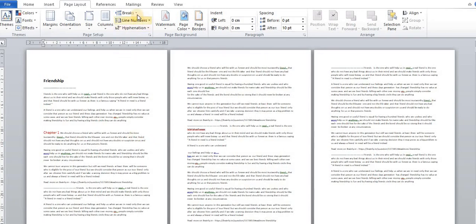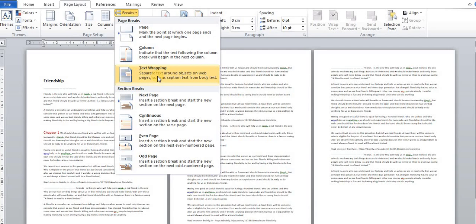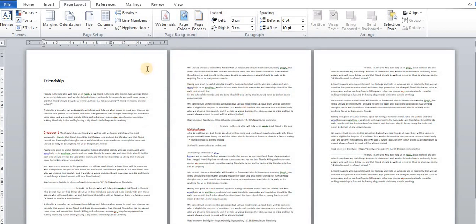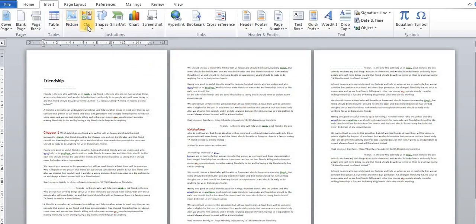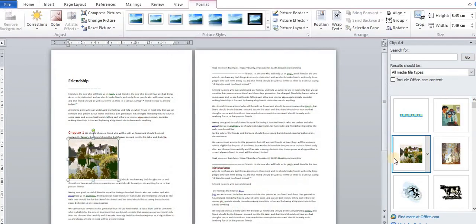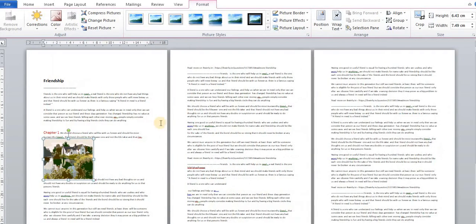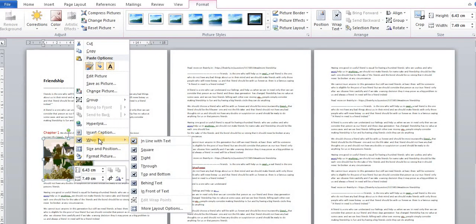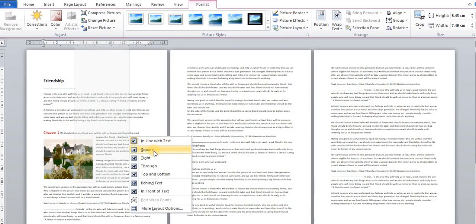Okay, so next one is text wrapping. To understand text wrapping, first of all insert an image. Go to the insert and clip art and insert this image. Now right click on it and click on wrap text, and I am using square.